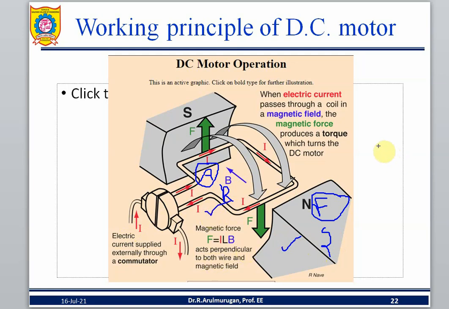Yesterday I gave an example: a father is giving chocolates to his brother and sister. Then what will happen? Brother took 6, sister took 4, then both are fighting. At the end of that, torque is produced and rotation takes place. See the green color denoting the force. One side is a strengthened flux, another side is a weakened flux. From weakened flux to strengthened flux, the torque is produced and the motion takes place. So that is about the motor operation.